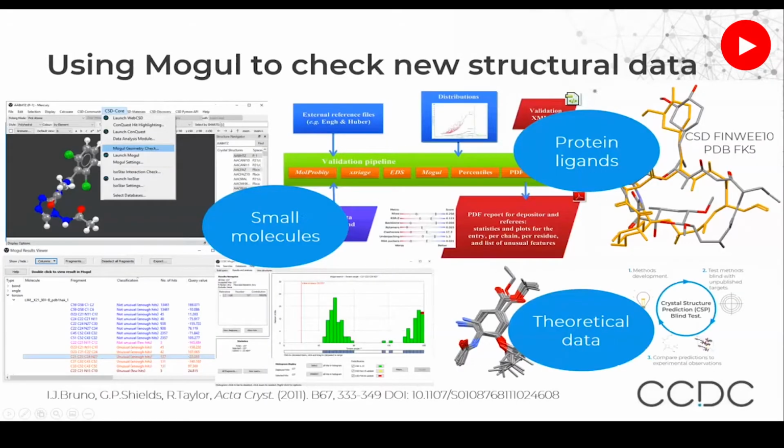The data in the CSD can also be used to inform about new structures, and the knowledge base in Mogul enables you to assess molecular geometry of new small molecules. And it's also an important part of the process for protein structures. Mogul is embedded in the PDB deposition pipeline, so depositors can check the geometry of their ligands prior to deposition. In a similar way, Mogul can also be used to help validate theoretical data sets as well.